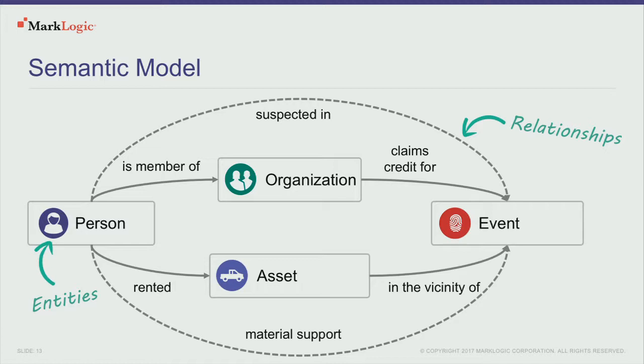So we can write down our data model, and we can have multiple ones of them. It's not the fact that relational has a schema that's the problem that makes it inflexible. It's the fact that you're required to have exactly one at all times. Sometimes you need zero schemas. You want to be able to just load what you have, figure out what you have later. But often when you want to deliver those stable applications downstream, you want to define exactly what these things mean and where they're located and how they're related. So what we want to do is be able to create a semantic model for the definition of that data.